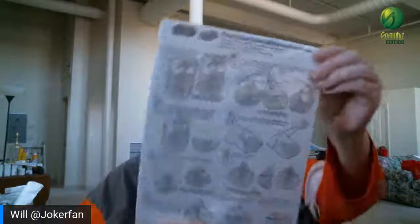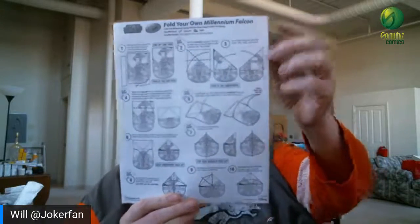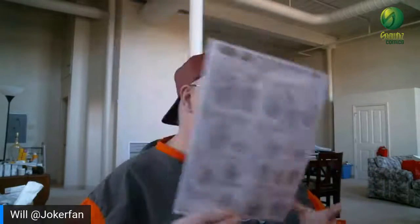Well, apparently there is a Millennium Falcon in here, and you use scissors to cut around certain areas that it'll tell you. And you fold, and it teaches you how to make an origami Millennium Falcon. That I will keep. I'll probably do it together with my daughter, and we will hang it up someplace in the comic room because all my stuff is coming back tomorrow, and it will be going